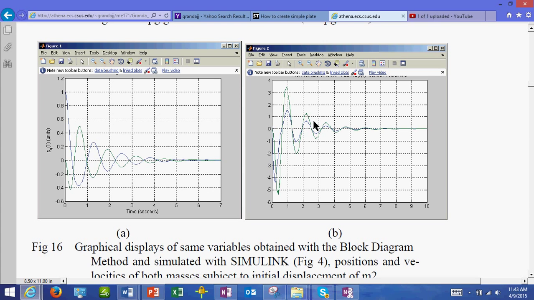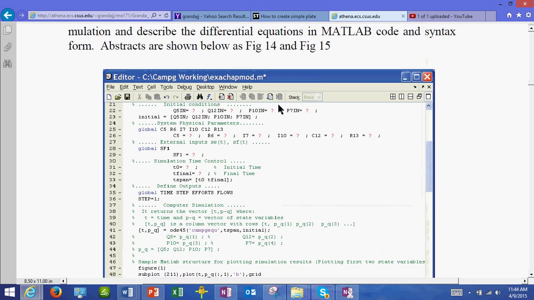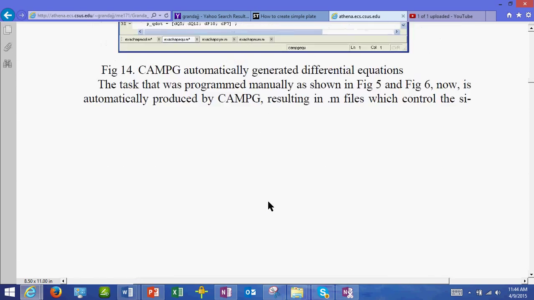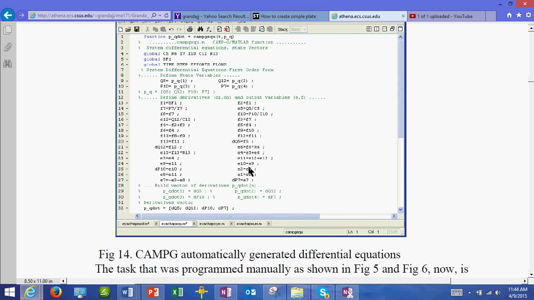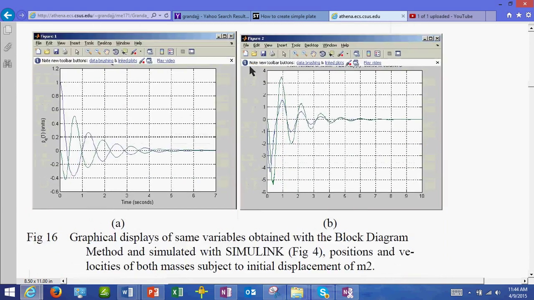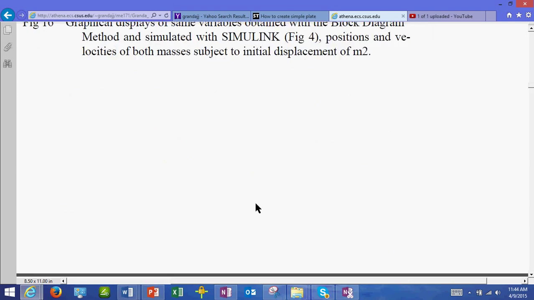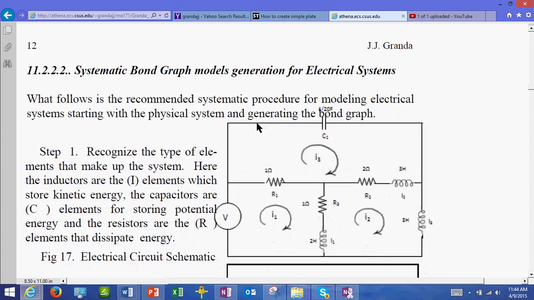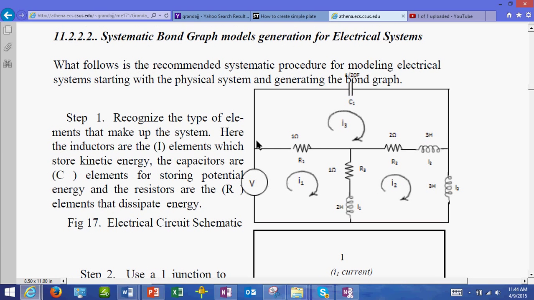But the difference here is that it's a computer-aided design system method, because we didn't do the programming. The computer, in this case CAMG, produces all these M files that are the ones that MATLAB works with. M files are basically command files to MATLAB, and produce the simulation. But now that we have done this, I want to move in and do the same thing but for electrical